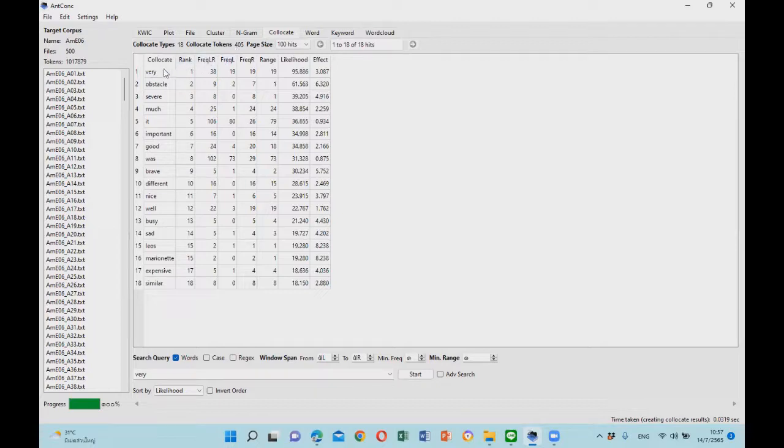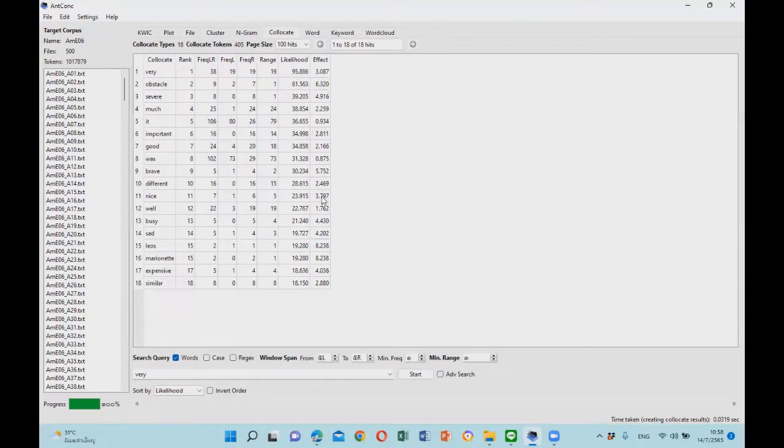In the table, you can see the collocates, their rank, the total frequency of occurrences, the frequency when the collocates are on the left, and also the frequencies when the collocates are on the right of the node. You can also see the range here, and you can see the likelihood statistics and the effect size